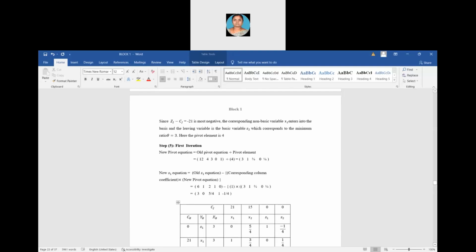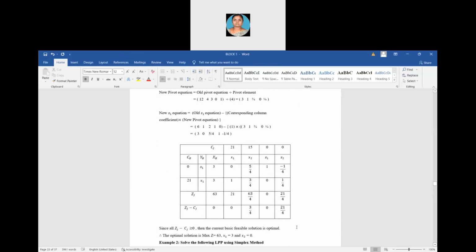So this is the first iteration. In your second iteration itself, you are getting all the Zj minus Cj greater than or equal to 0. There is no negative value. Therefore, the optimal solution is this: the value you are getting for x1 is 3. But in that xb, there is no x2. So you are not having x2, which means your x2 value